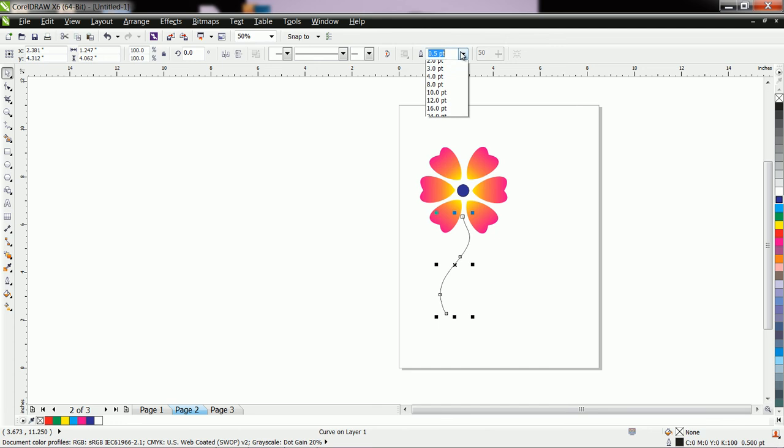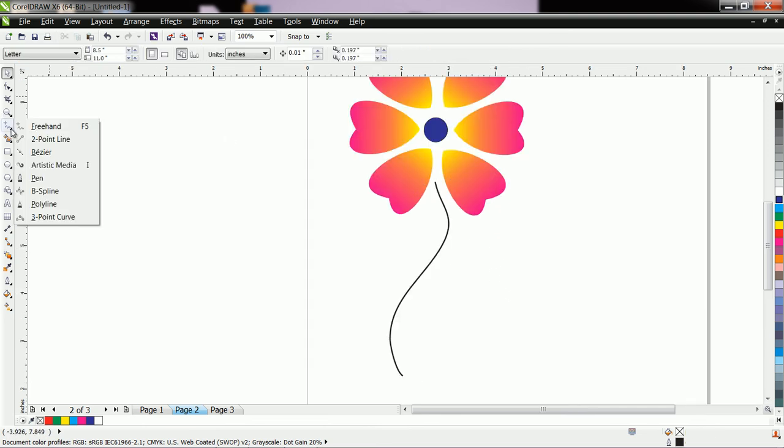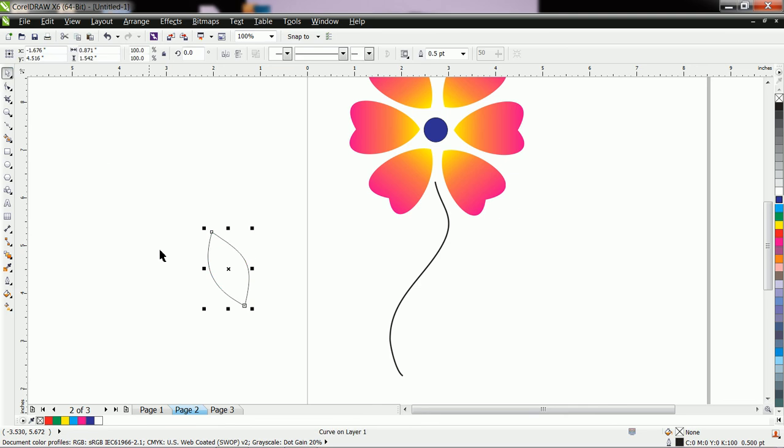Let us draw this line. After that, use the Bezier. Draw the shape of a leaf. Convert to curve and remove the unnecessary nodes. Like this, you can create a leaf.